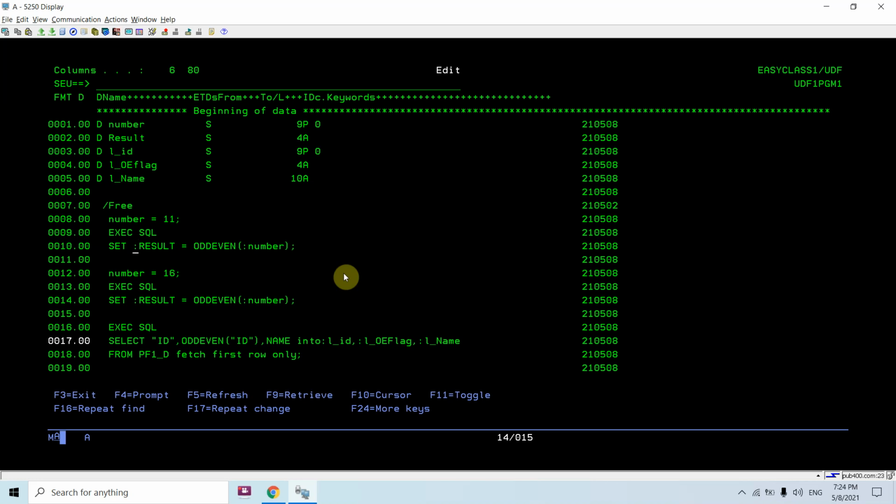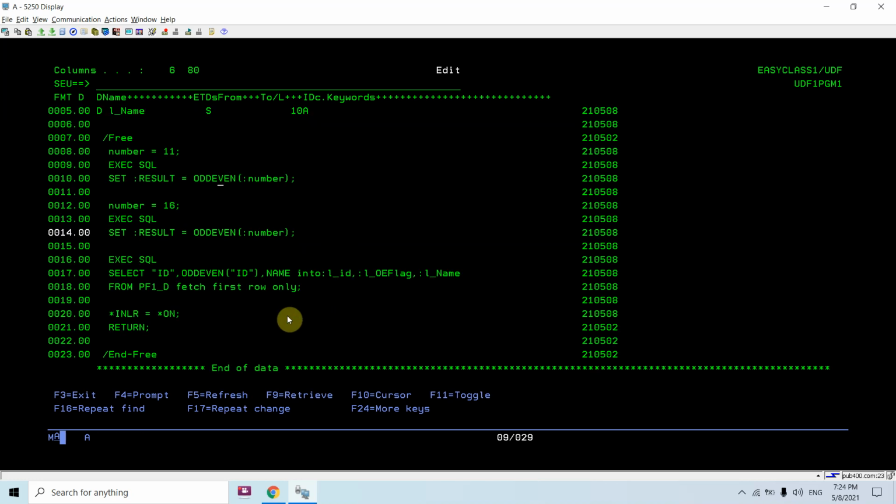I'm using the set opcode to set the result returned from this function. If it were not returning anything, then I would have directly called it. So here you can see I am calling this function this way.